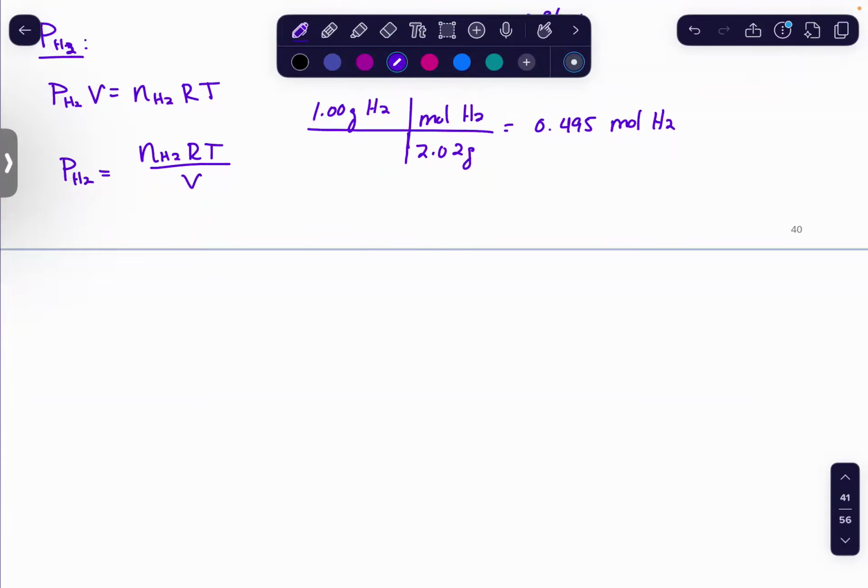And so my pressure of H2, or my partial pressure of H2, let's also remember